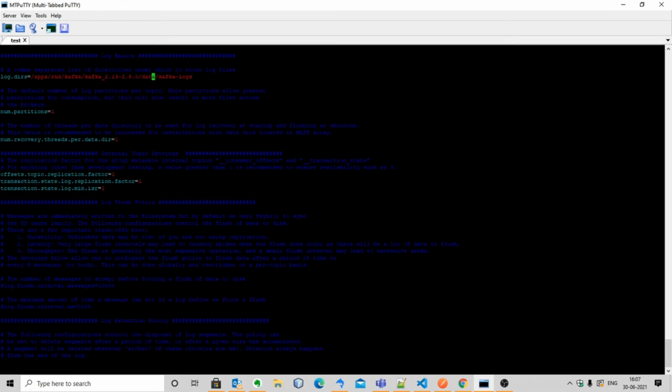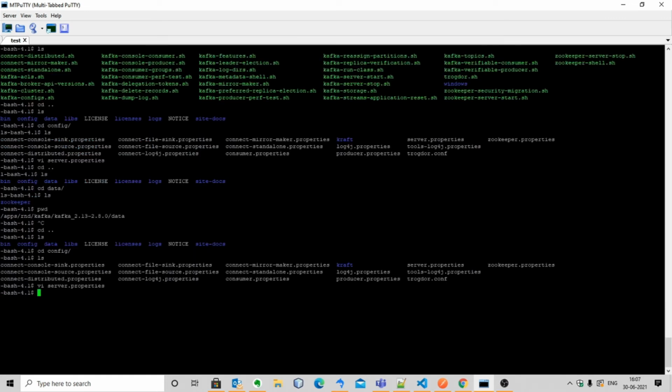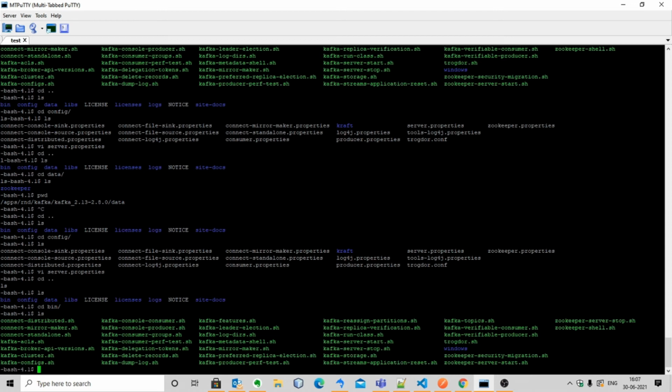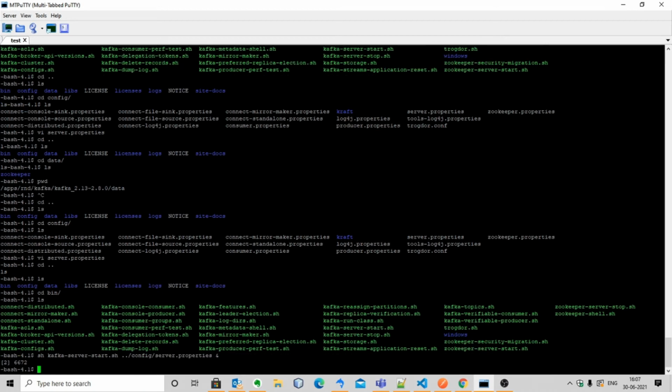Now save the server properties and go to bin folder and start the Apache Kafka server by giving server.properties as an argument. Kafka-server-start.sh with server.properties as an argument. It will start the Apache Kafka server.